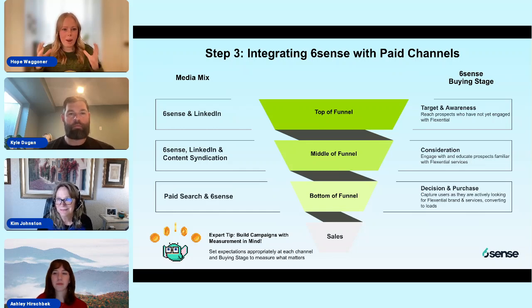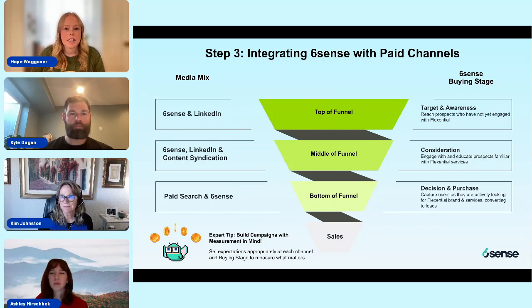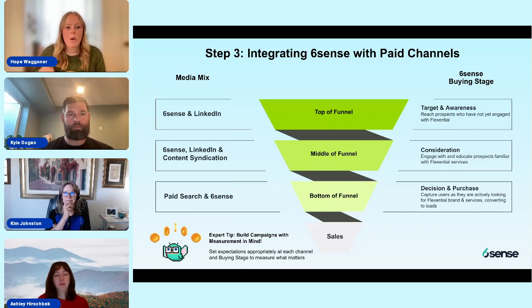What we've loved about this partnership with Flexential is they and we have embraced 6sense in all of these stages of really making sure that we can pull in these 6sense buying stages with every single one of these channels, including content syndication. So we've been able to have a really strong partnership with content syndication partners to pull in this 6sense buying stage information so we can make everything dynamic, everything moves quickly. If an account is moving from awareness all the way to decision, we're updating our accounts in real time to make sure that we're hitting that account at the time that it's needed.